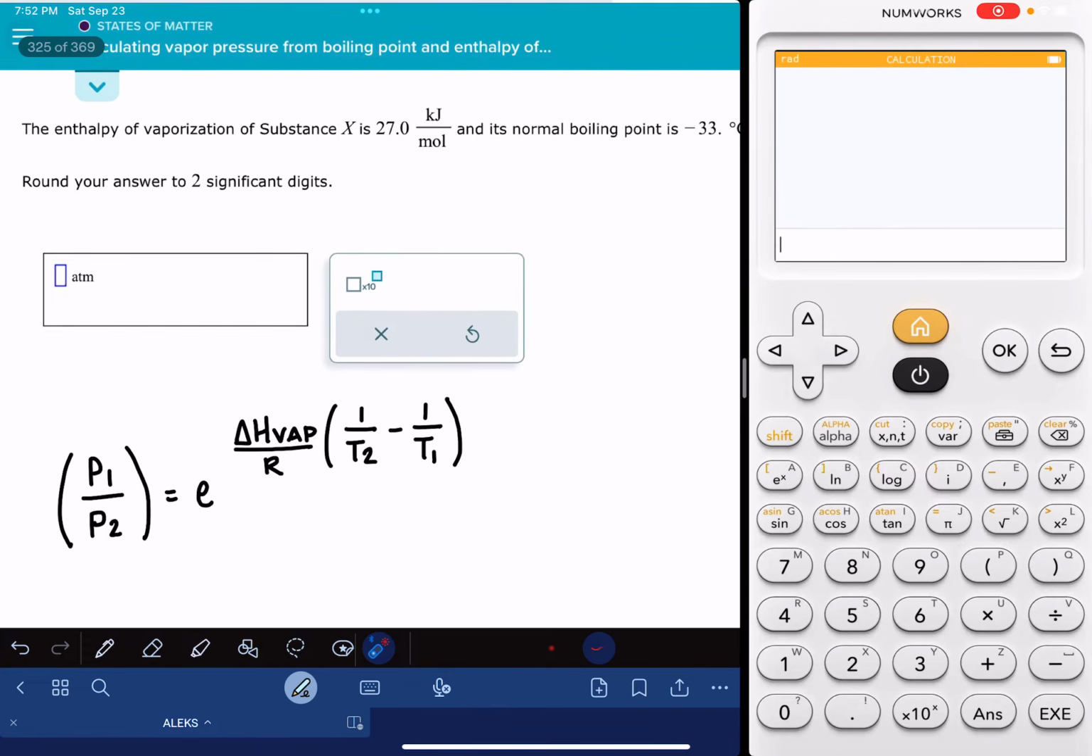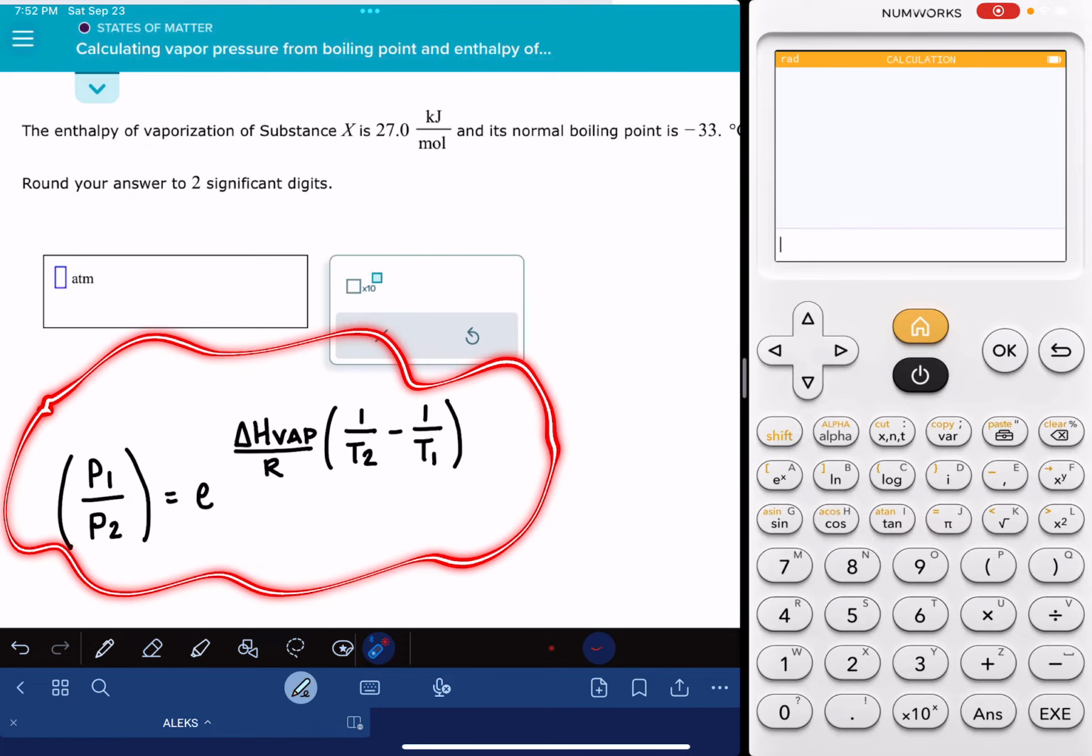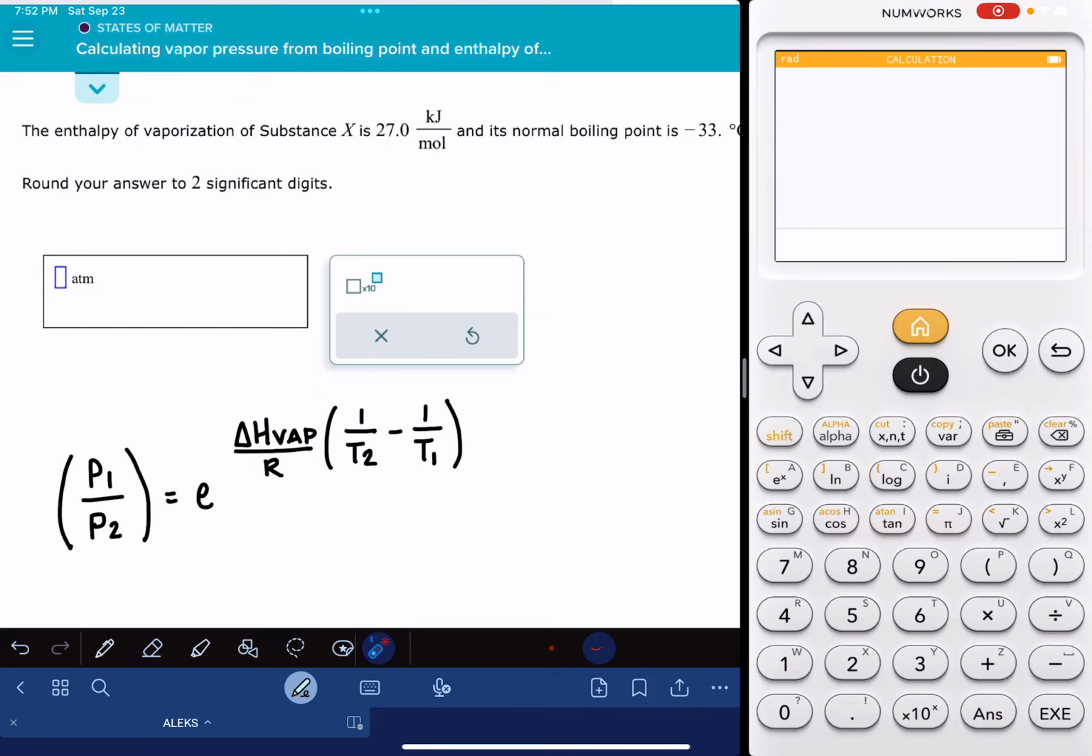In this video, I'll show you how to solve the ALEKS problem called calculating vapor pressure from boiling point and enthalpy of vaporization. This is the equation that we're going to use to solve this problem. This is a bit of a beast of an equation, but it's actually going to be pretty simple. First thing that we're going to do is go through and identify as many of these variables as we can